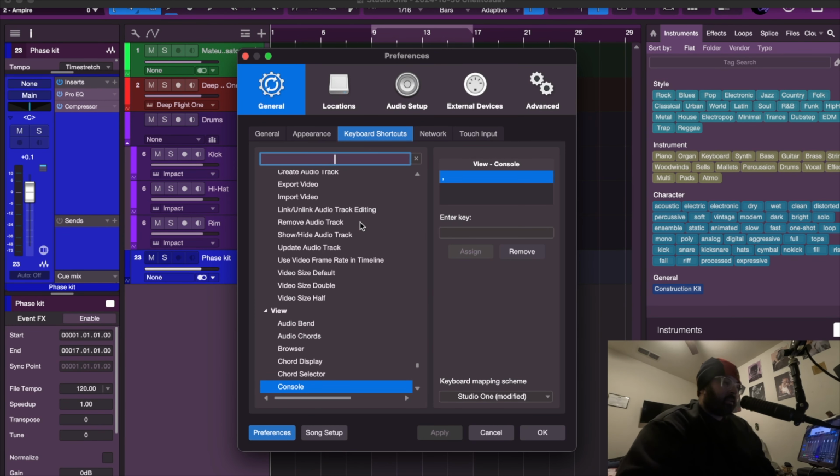All right, so transpose right here. I would do the musical function, I believe, or up and down. As you see, I have Control down arrow and Control up arrow. What that means is if I solo this here,